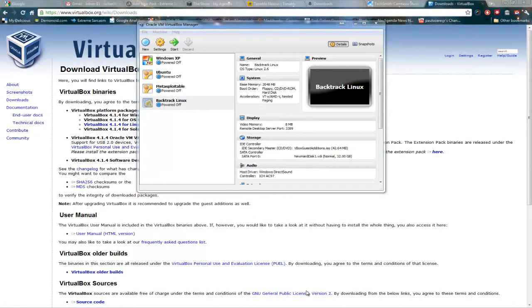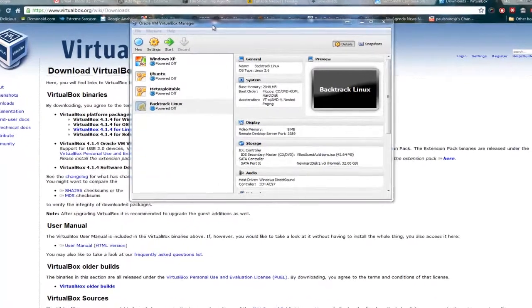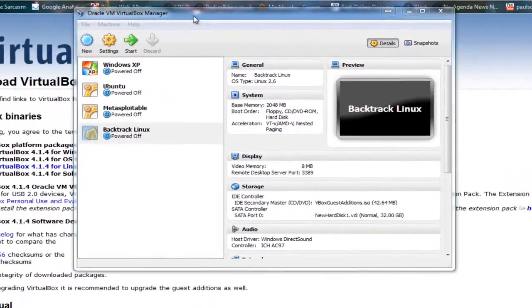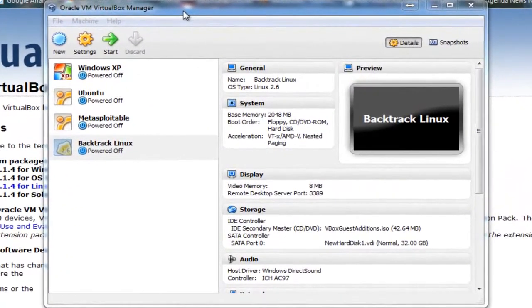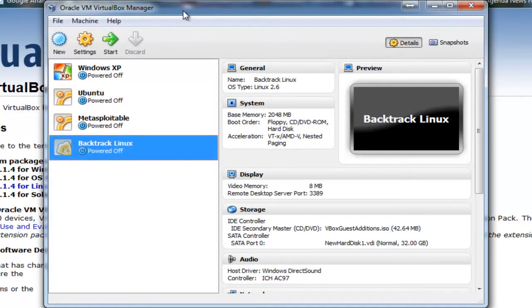Hey, how's it going? My name is Richie086, and today I'll be showing you how to use the tool named LandMap2 in Backtrack 5. Basically, what LandMap2 does is it allows you to generate a graphical image that shows all of the devices on your network,